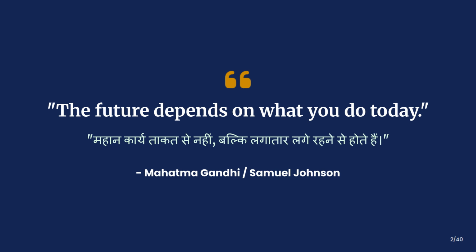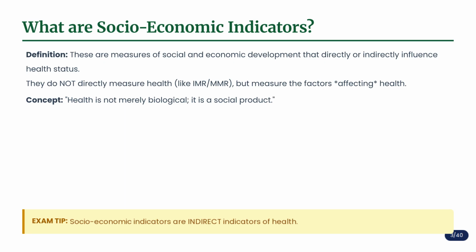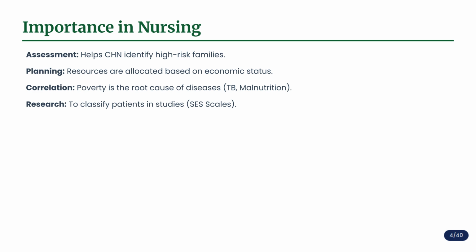but by perseverance. Socioeconomic indicators are measures of social and economic development that directly or indirectly influence health status. They measure factors affecting health, emphasizing that health is a social product. These indicators are important in nursing for assessment, helping to identify high-risk families. They guide planning for resource allocation and confirm that poverty is a root cause of many diseases, such as TB